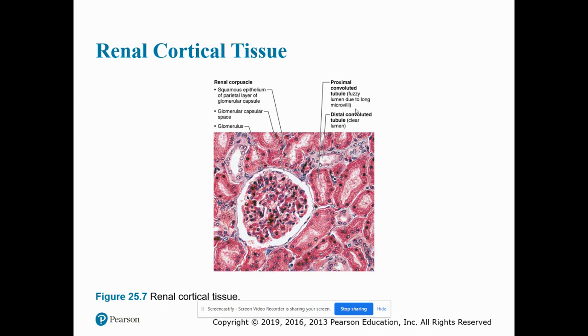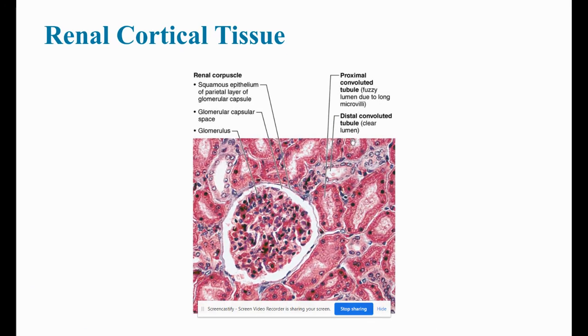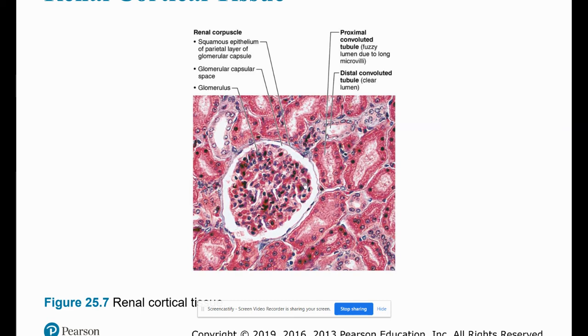And what we have here is a glomerulus, that ball of capillaries. We have the glomerular capsular space on the outside. And this is going to be kind of hard to point to, but where the tip of these fingers on this little hand are is pointing to the parietal layer of the glomerular capsule, which would be composed of simple